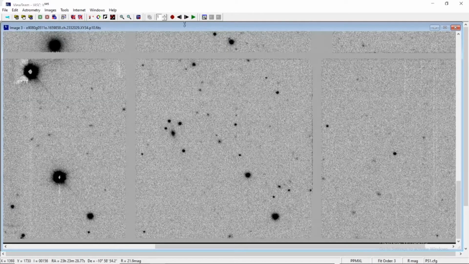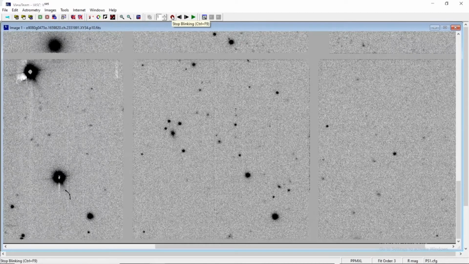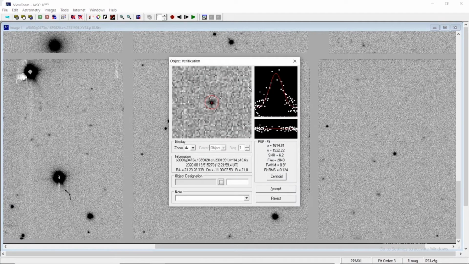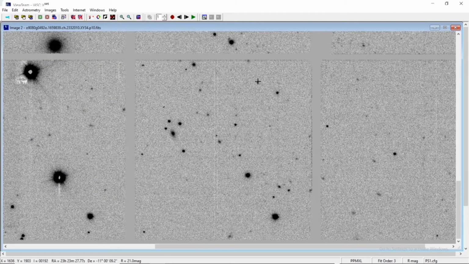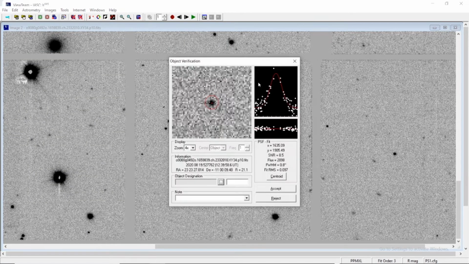So luckily you have got one discovery at your disposal, original discovery of yours. I am stopping at image number 1 and let me see if it is a discovery or not, whether we have to accept it or reject it. So going to this, R is 21.0, SNR is 6.2, acceptable range of SNR. Let us see R how it will do. These graphs are also good, so we will reject it for the time being and move it forward and note down the parameters also.